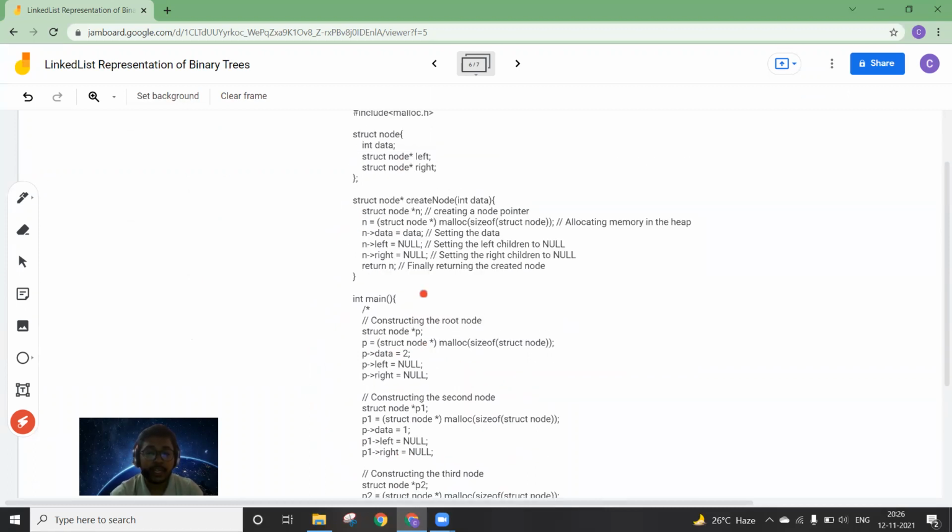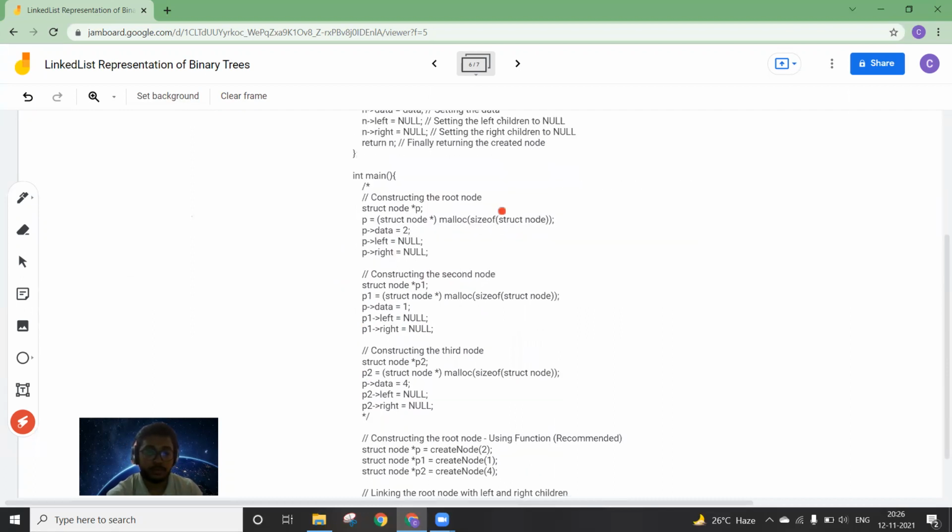Point the left and the right element of the struct n to null. Okay, and fill the data in the data element and return the node pointer n you created. So this would simply create a node, and you can now very easily link them as per your wish via main to other nodes. Clear? So it is the whole part.